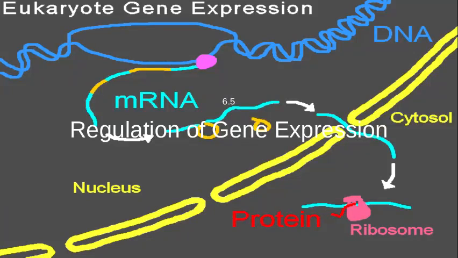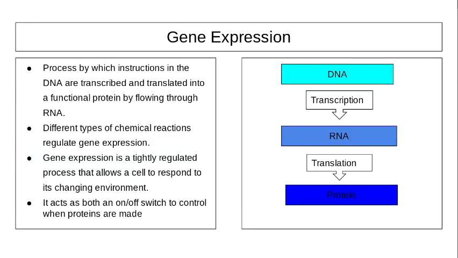Regulation of gene expression, 6.5. Gene expression is the process by which instructions in the DNA are transcribed and translated into a functional protein by flowing through RNA, as shown in the image at the right. Different types of chemical reactions regulate gene expression. Gene expression is a tightly regulated process that allows a cell to respond to its changing environment. It acts as an on and off switch to control when